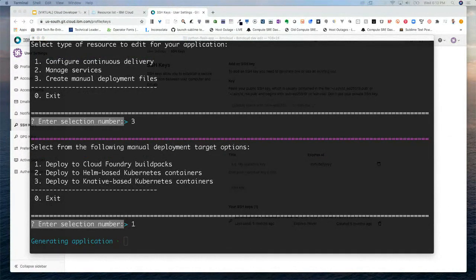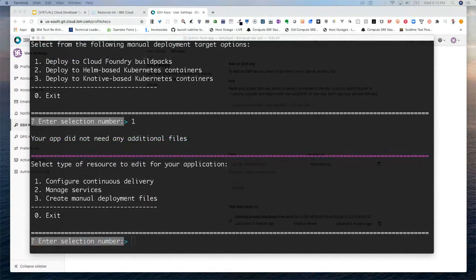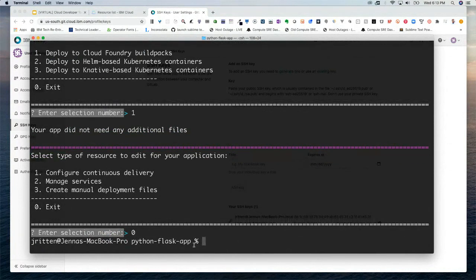All right. Okay, cool. Select a type of resource to edit. So I'm going to go back. I don't need to edit anything. What I'm going to do is I'm going to exit. I'm going to build